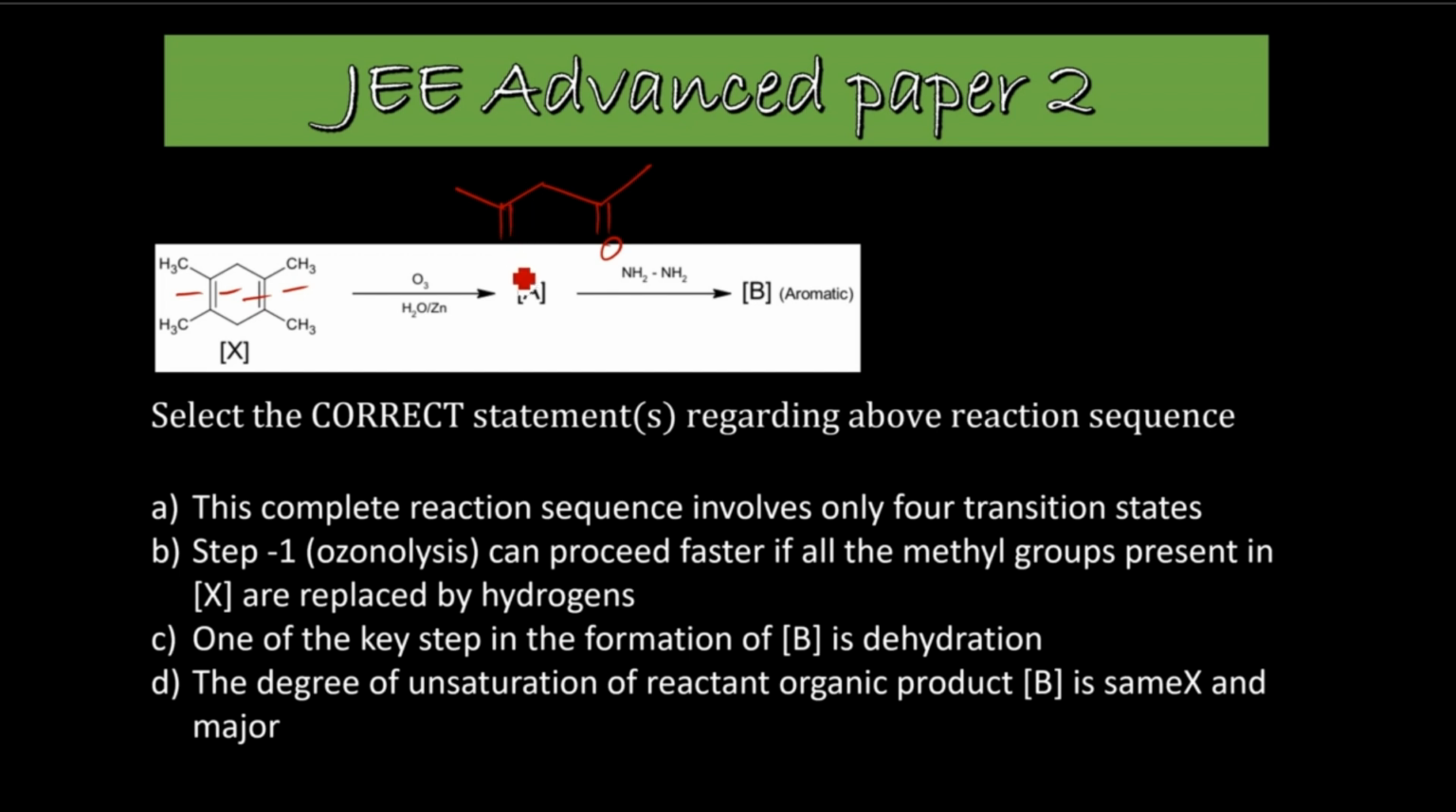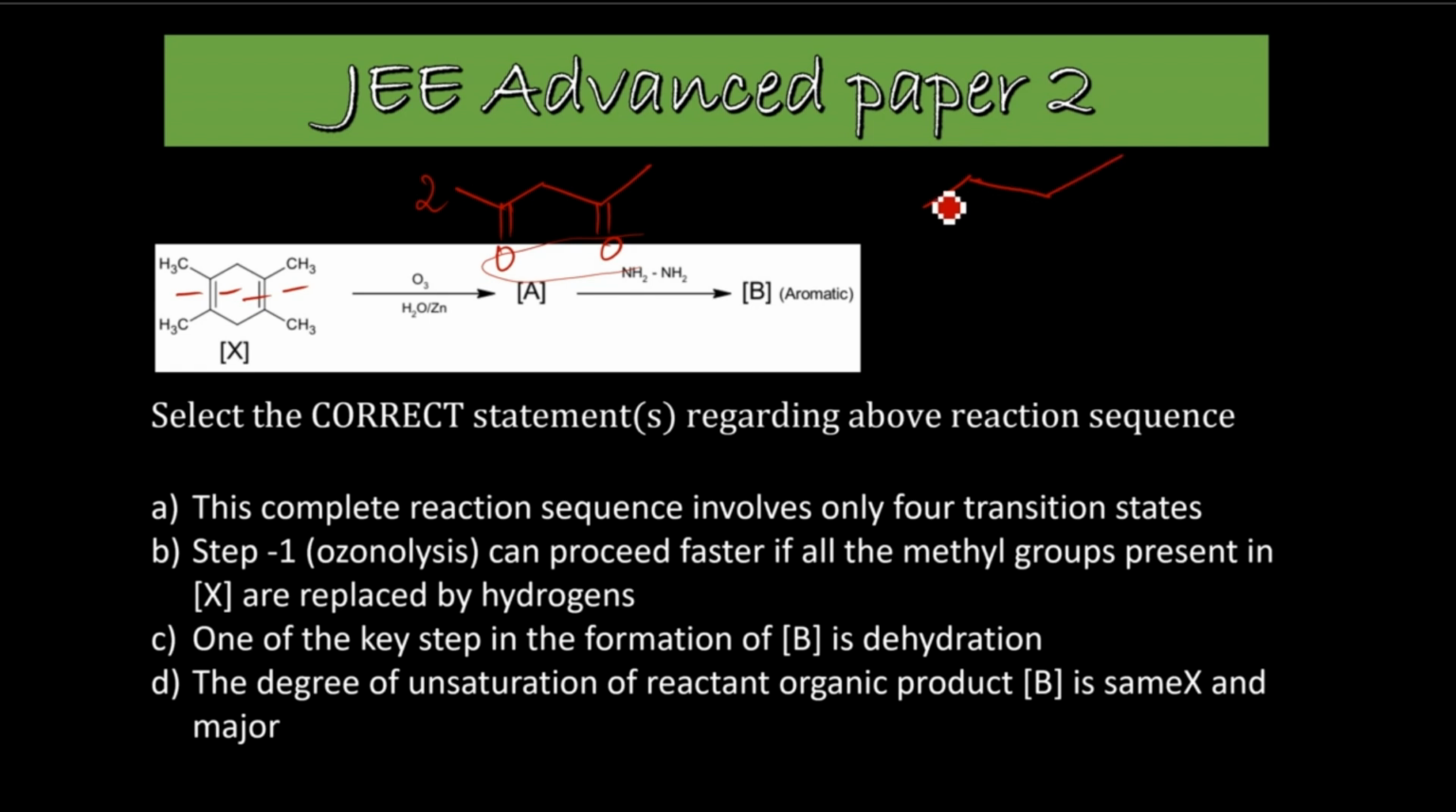Double bond O, double bond O. 2 moles of this must have been formed. That is our A. A is treated with hydrazine. So these 2 oxygens will take up that hydrogen. So which will form,